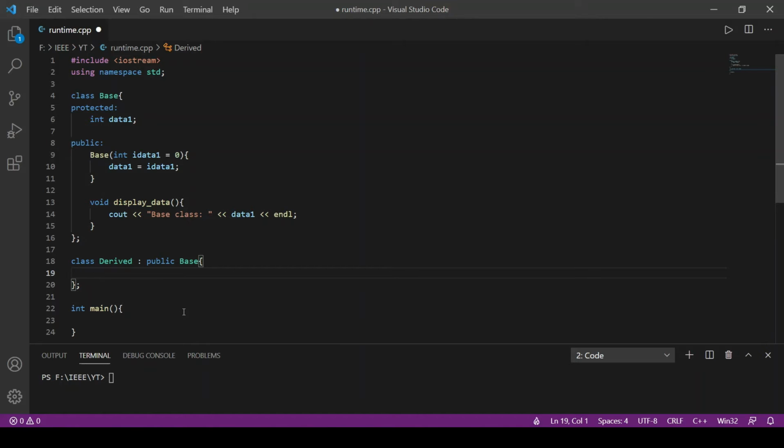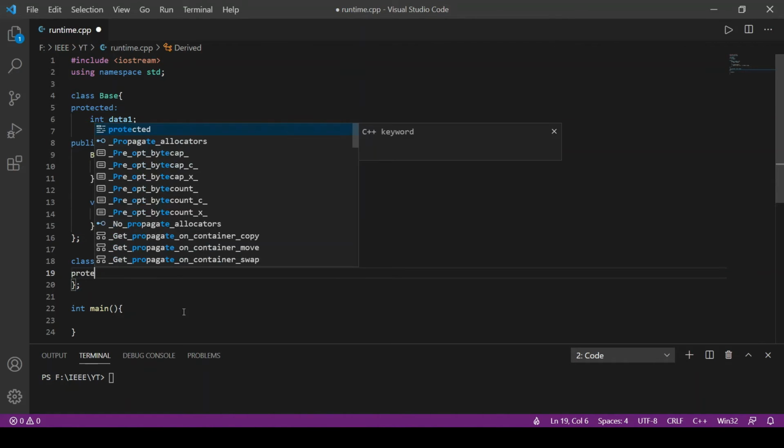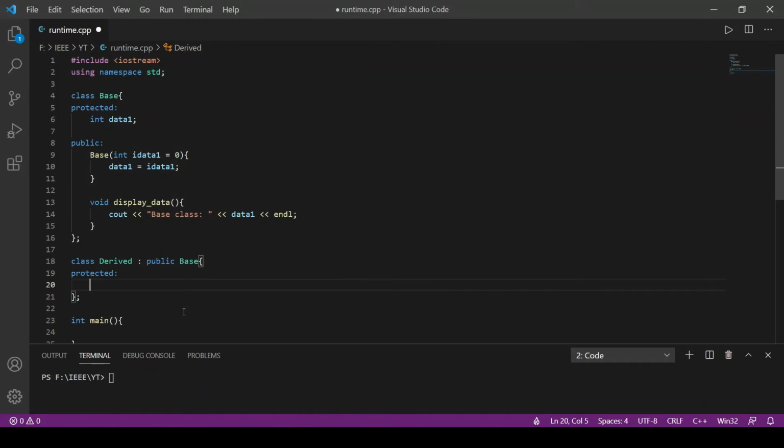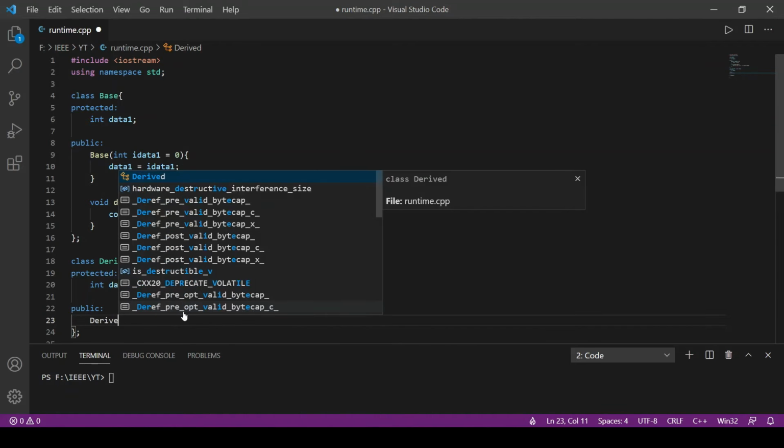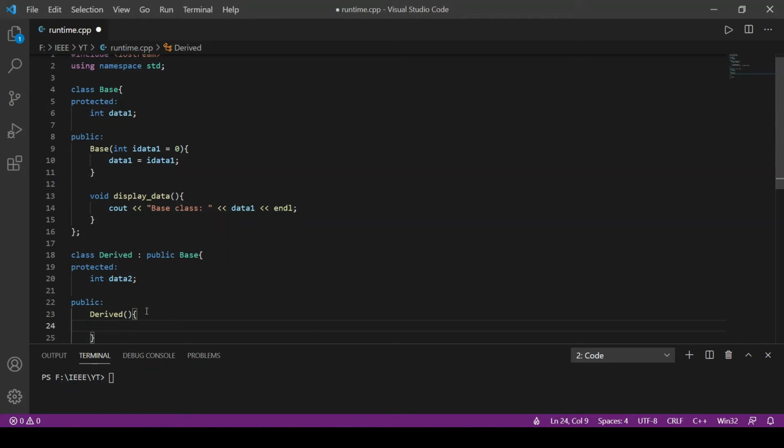We'll be creating another member variable in the derived class, and let's call it data2. Next we'll create the constructor. This time we'll be giving in two arguments because we want to initialize both data1 and data2.